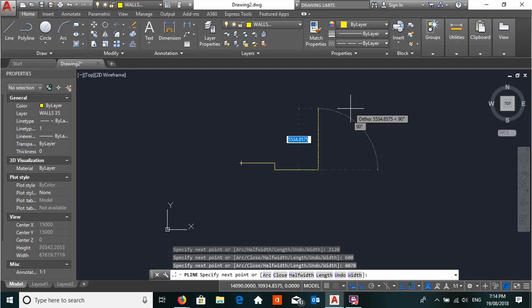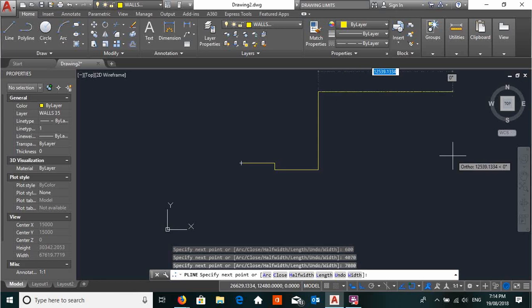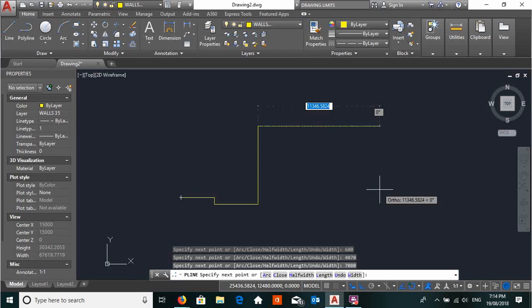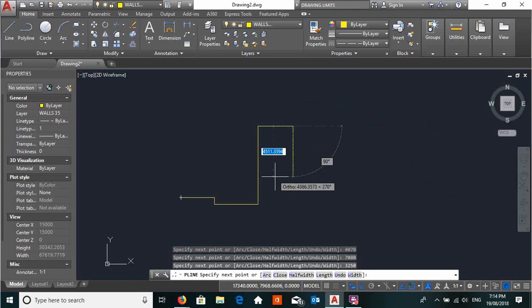line. And then we are going upwards by 7080, 7080, and pull it again to the right. Okay, now you can push the scroll bar down just to pan it back into view, and we are going 3250, 3250, enter, and pull it down again by 7080. Okay, and go along by 3590, 3590,